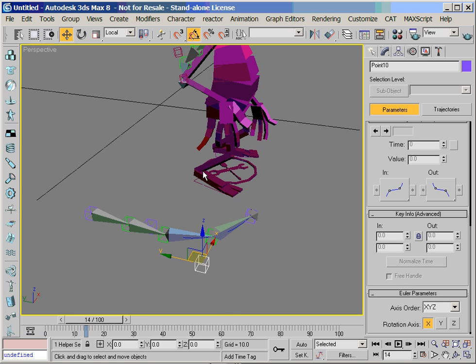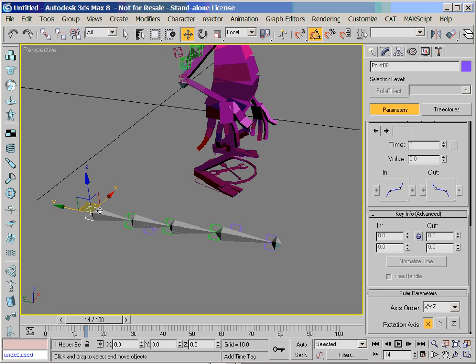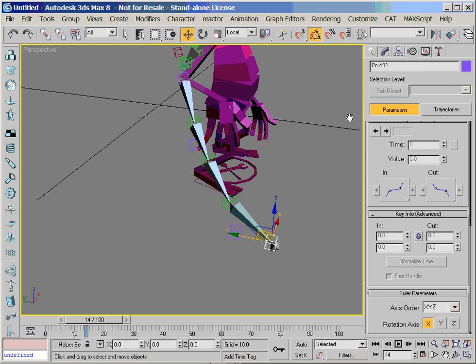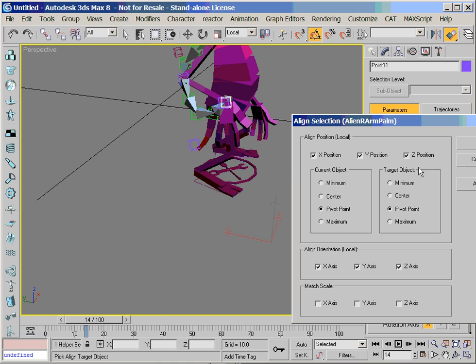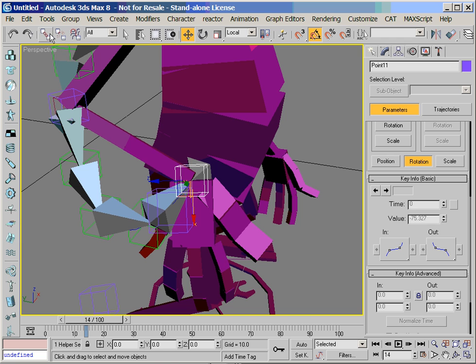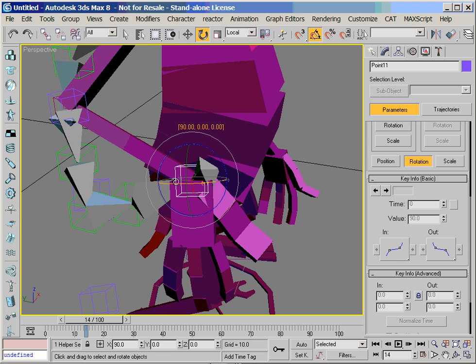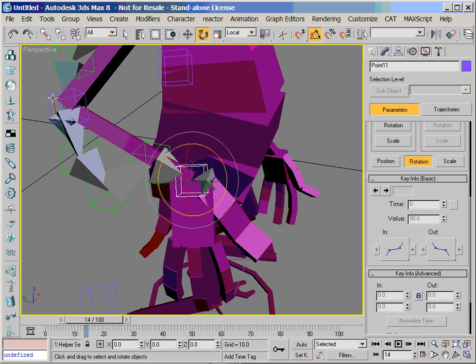Okay, so the next thing we need to do is align that and use the align tool. Okay, so we're almost there. Right now we should just simply link the hand control object onto the hand and rotate it in local space in the correct axis. So I'm just aligning it roughly by eye. So what we have here now is a nice stretchy arm. Whatever we do to this arm,